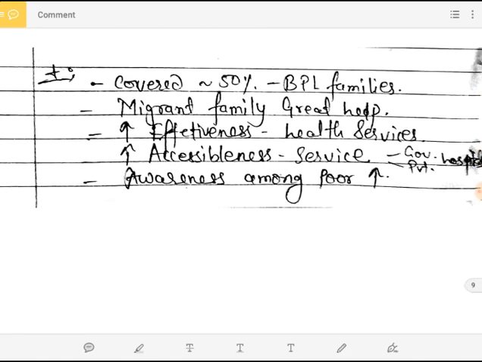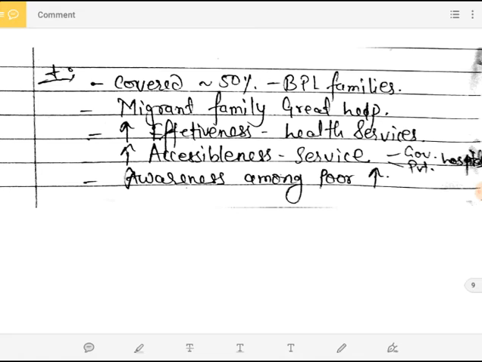Now, what are the achievements of it, guys? Now, let's come to the achievements. It is being said that it has covered around 50% of the BPL families in total India. All right, and migrant families have got greater help, because migrant families, in the sense, say for example, your family lives in Bihar. Now, the husband goes to work in Gujarat. All right, now what will happen is, since the husband is going to Gujarat,